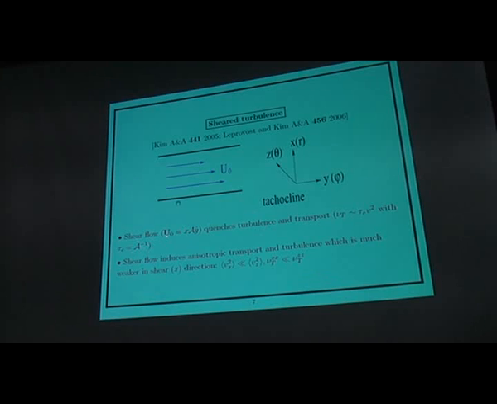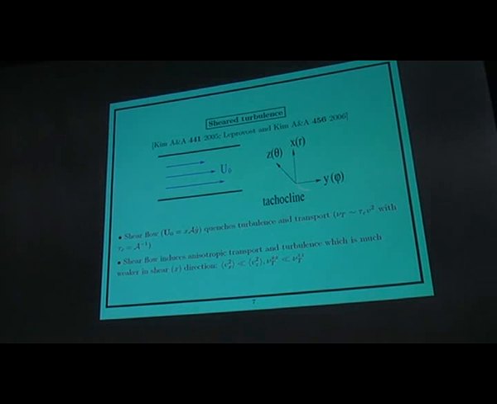If you have a strong shear flow, then you will quench both the turbulence amplitude and the transport. It also decreases the effective correlation time of your turbulence, inversely proportional to the shearing rate. So if you make your shearing rate very strong, your turbulence will decorrelate very rapidly. Not turbulence, transport. But no, the transport is a vector quantity. And also shear flow induces anisotropic turbulence and also transport.